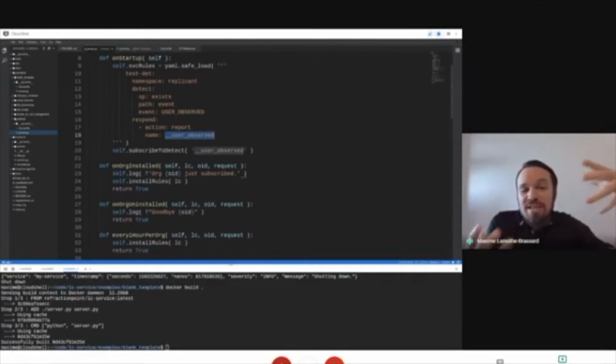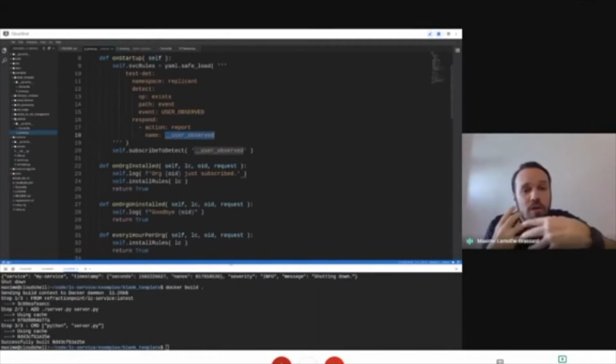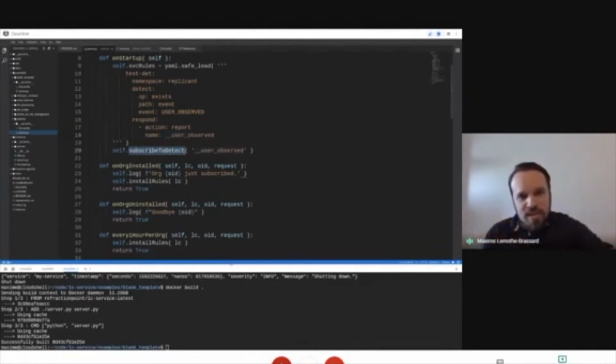This is not really a detection we want to report to users. It's just a way for us to get triggered on a specific behavior so that we can do the real work. So that's what we're doing. We are subscribing to this detect, and that's all you need to know.